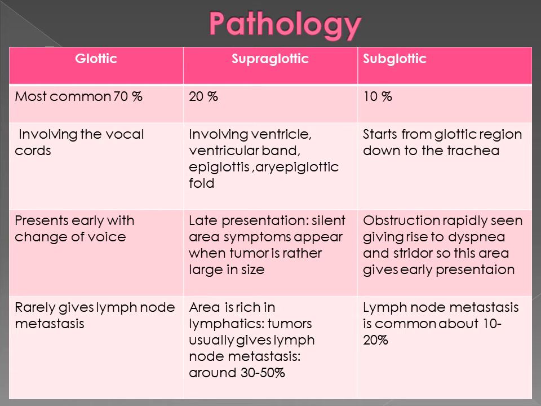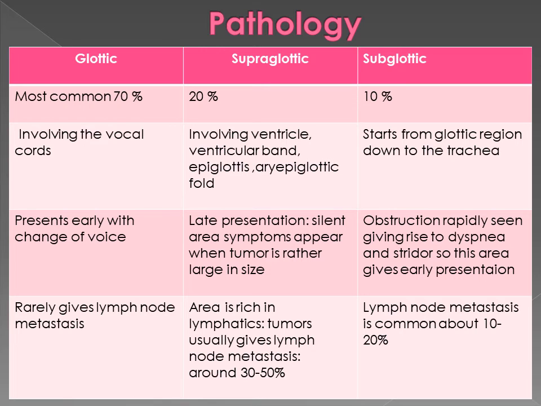For the supraglottic, it has some differences. It's the second most common place with 20%, involving the laryngeal ventricle, ventricular bands, epiglottis, and the epiglottic folds. It has late presentation, as this area is a silent area, like the hypopharyngeal carcinoma. So symptoms in this silent area appear when the tumor is large in size. And this area is very rich in lymphatics, so the tumor usually gives lymph node secondaries in around 30 to 50%, spreading